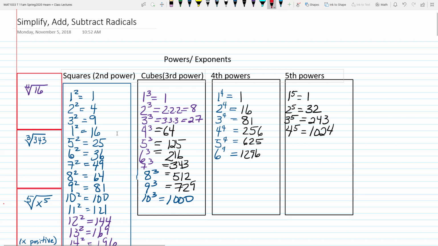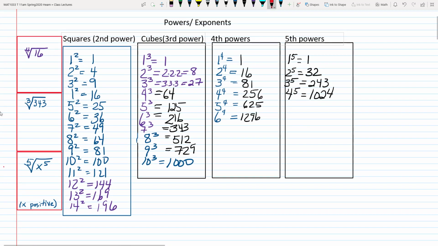In this video, we're going to talk about how to simplify, add, and subtract radicals. In order to do that, there is a basic idea of radicals that we need to understand. We've talked before about how we can take, for example, the fourth root of a number, noting the index. We call this little number in the crux of the radical the index, a fourth root. Then we know that we're being asked the question, what number raised to the fourth power is actually equal to